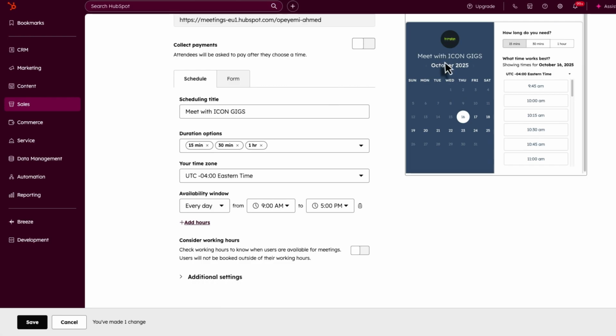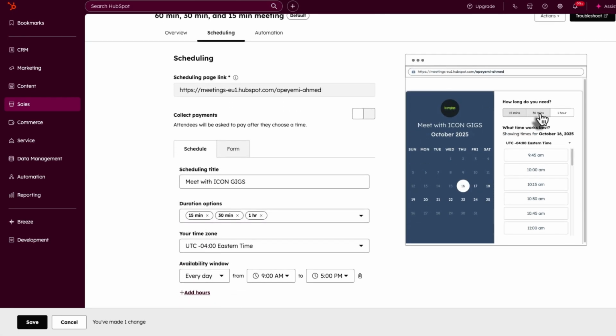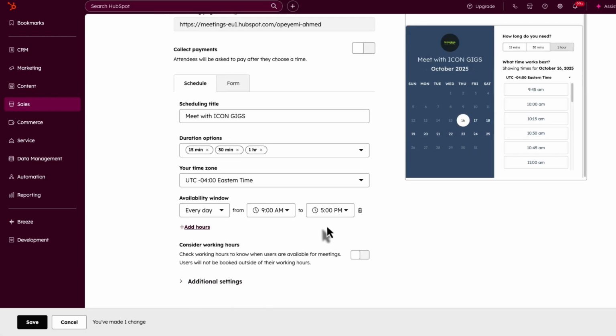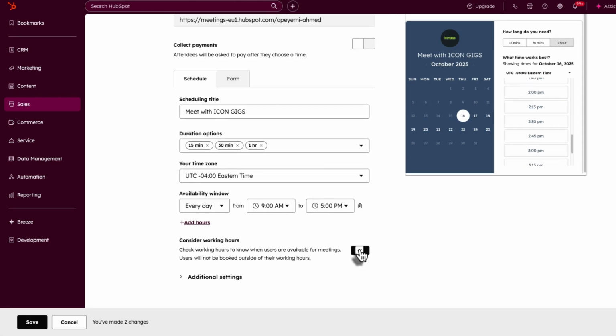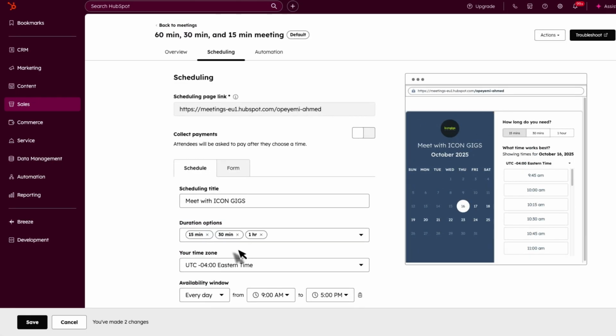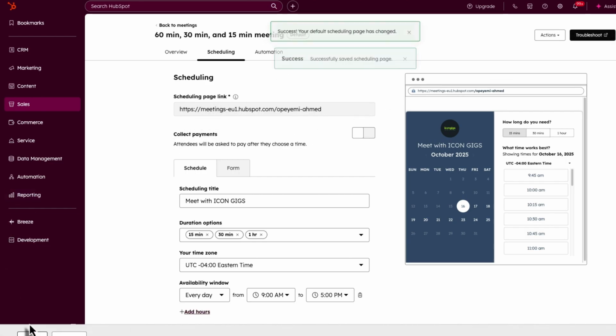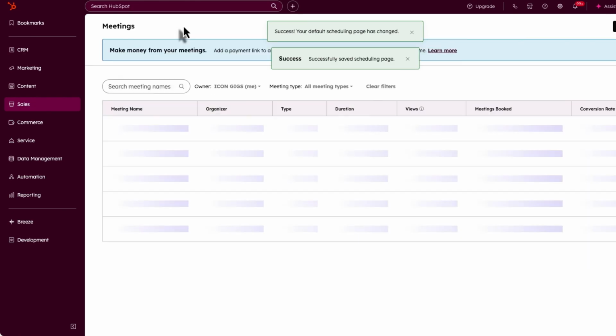And this is how it's going to show up in real time to your customers when they want to book. You want to book either for 15 minutes, you want to book for 30 minutes, you want to book for 1 hour, and then these are your availability window. Pretty much good. You want to include your working hours too. You do not need to activate it. It's already activated. You can just save the edit, and then once you go back to your meeting, you can